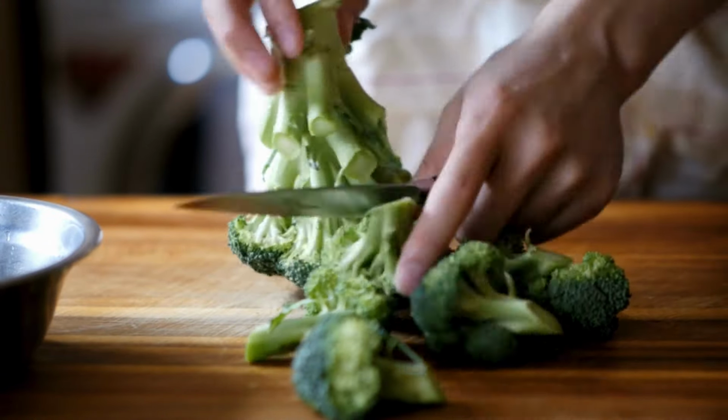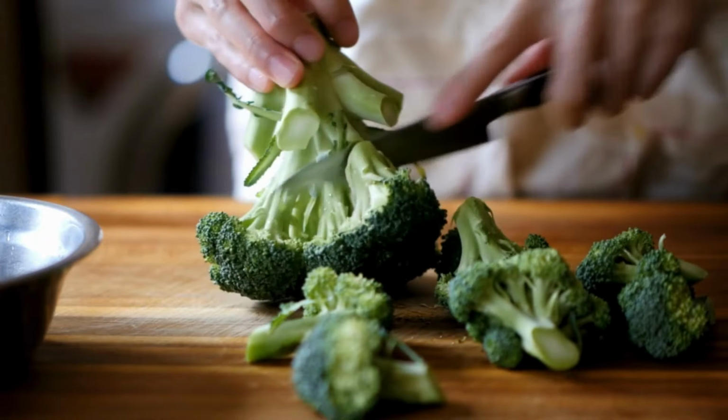It doesn't really matter to me. The one thing I don't do is add any cheese to my broccoli. Let me know if that's a hot take right there. But anyway, broccoli is another great vegetable that's on that low glycemic index and load, and a great addition to